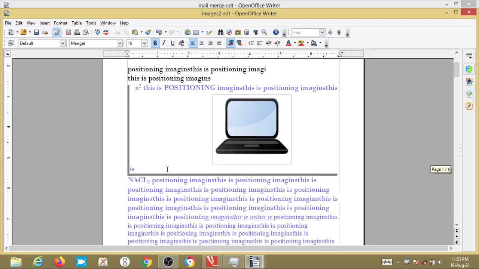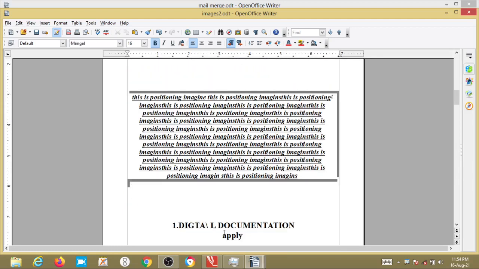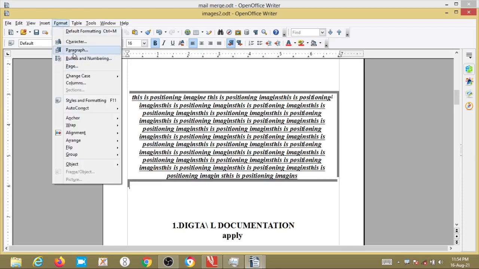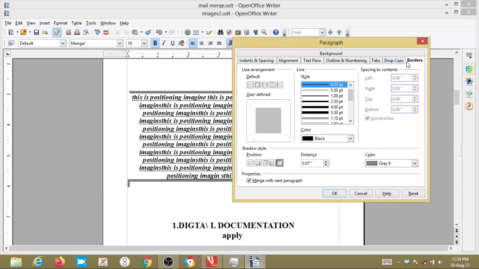Okay guys, now I selected the paragraph and changed the paragraph style also. Here I can give the border position, and I can use merge with the next paragraph also, which will apply to the next paragraph.